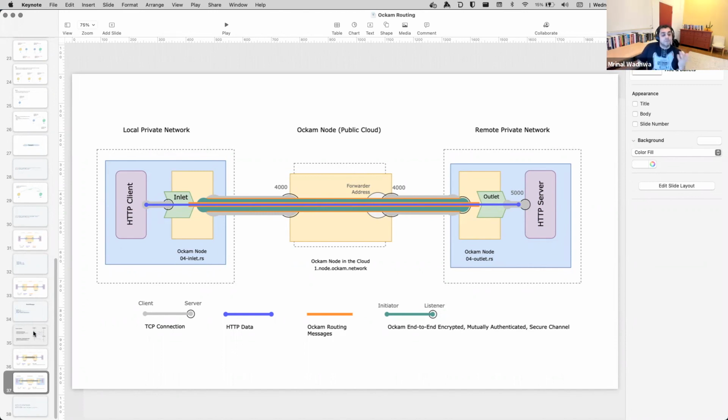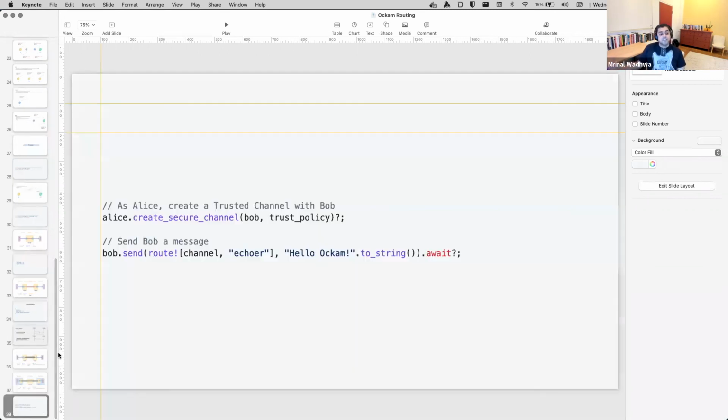So now that we dove into this really complex thing, let's step out a little bit. What is the value of all of this? The value of all of this is that we want to be able to establish these end-to-end trust relationships using a small number of lines of code, like 2 or 3 or 4. And how did we achieve it? We achieved it by using 4 building blocks. The first one was